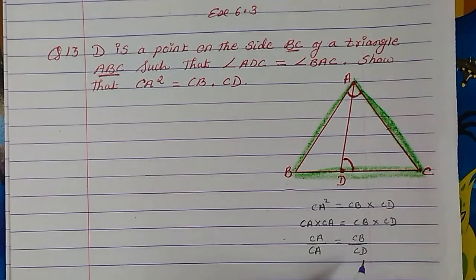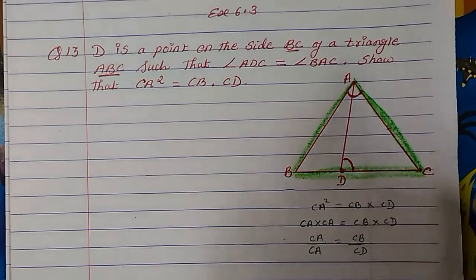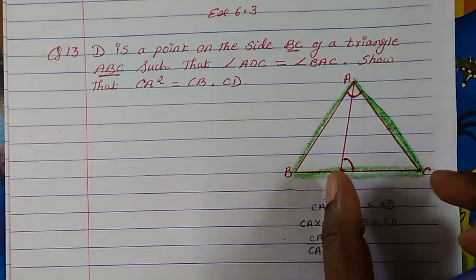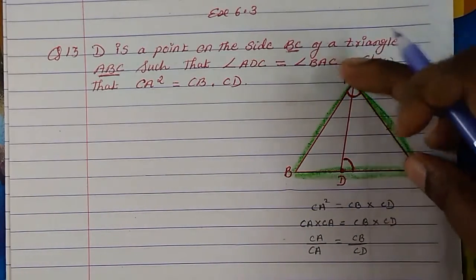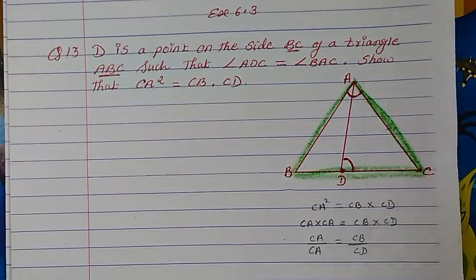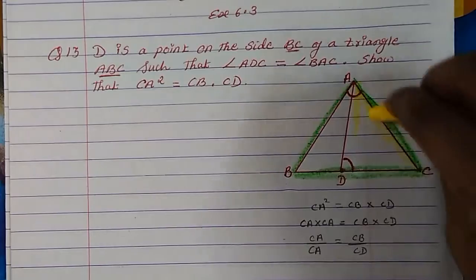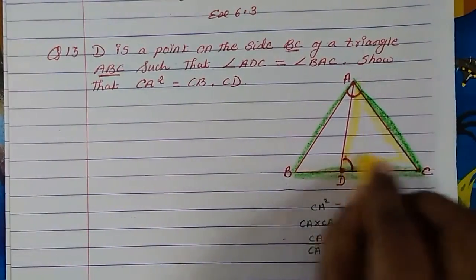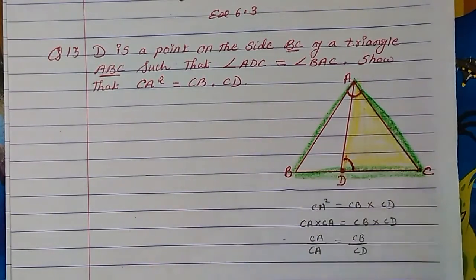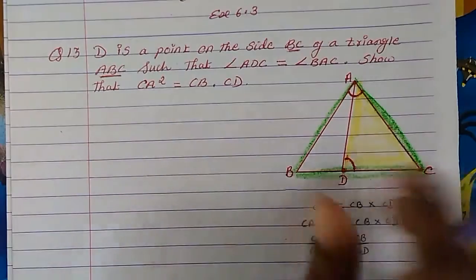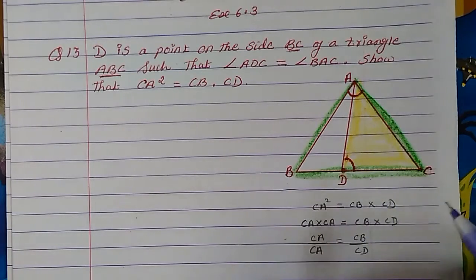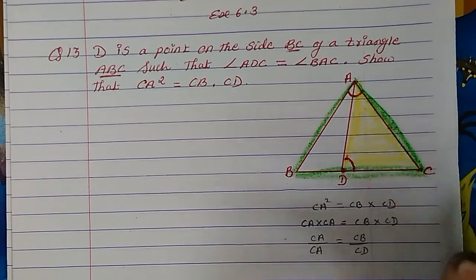Now next, down. Down is CA and CD we have. So CA is this side, then CD is this side. So that means this down part shows CA and CD, which shows this triangle. So the third side will be this. So let us highlight this part. Okay. So that means now we got the two triangles, because here nothing is given. Here it is only said that D is the point on BC in triangle ABC. That's it. And then this angle is equal to this angle. So we should know which are the two triangles.